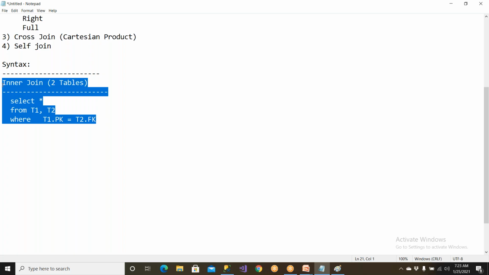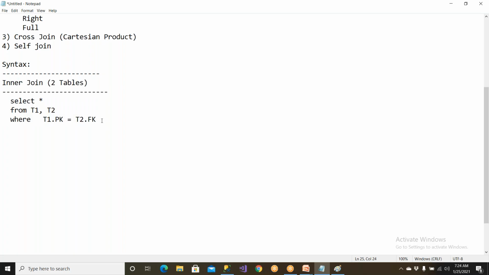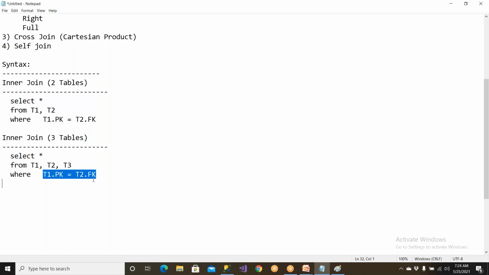But if you wanted to join three tables, you need to write like this: inner join of three tables. So T1 comma T2 comma T3. So this and this is joined with the help of this expression. This is what is called a joining predicate, joining expression, or joining condition. Okay, how do you join these two tables? Based on this condition. So these tables are joined. But how is this table joined? That condition also you should be able to write like this: